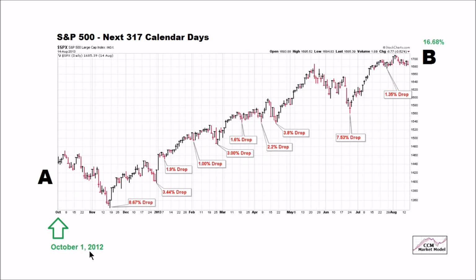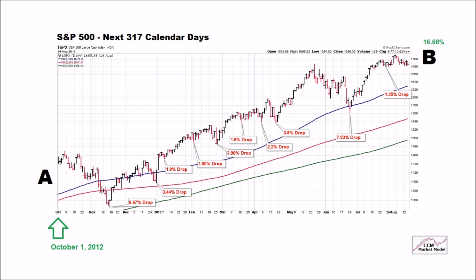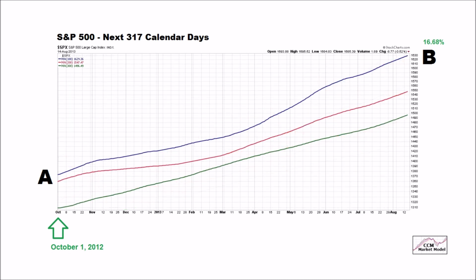Similar situation in the 2012 example, over the entire 317-day period marked by numerous pullbacks, the moving averages maintained a try-to-leave-it-alone and constructive look. If we remove volatile price from the equation, it gets much, much easier to remove our emotions from the equation. If we can do that, we have a higher probability of capturing a good percentage of the move from point